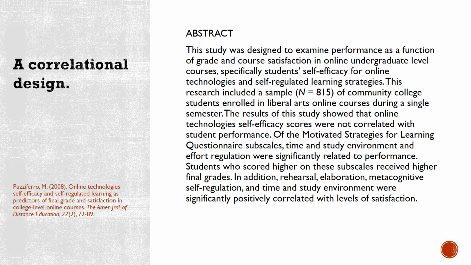So here is an example of a correlational design. And as we read this abstract, we can notice a few things. First, they wanted to examine performance as a function of grade and course satisfaction, and in particular, self-efficacy for online technologies. So here, when they say they want to examine performance as a function of something else, they're asking, is there a relationship between, in this case, course satisfaction and performance, or self-regulated learning strategies and performance, and of course,